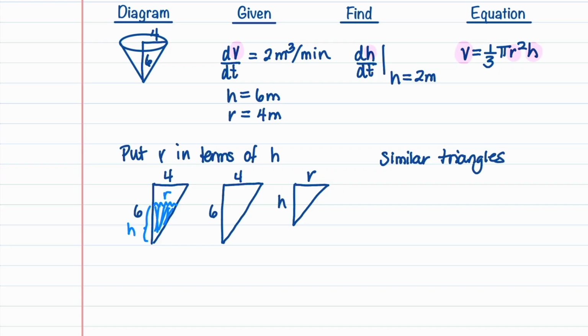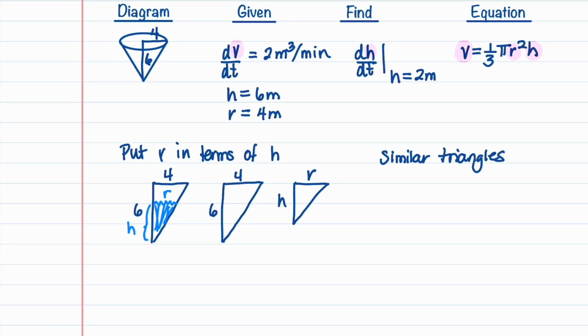Similar triangles tell us that the ratio of the size of the conical tank, 4/6, is equal to the ratio of the radius to the height. We can then solve for r, so we find that r is equal to 4/6 times h, which is 2/3